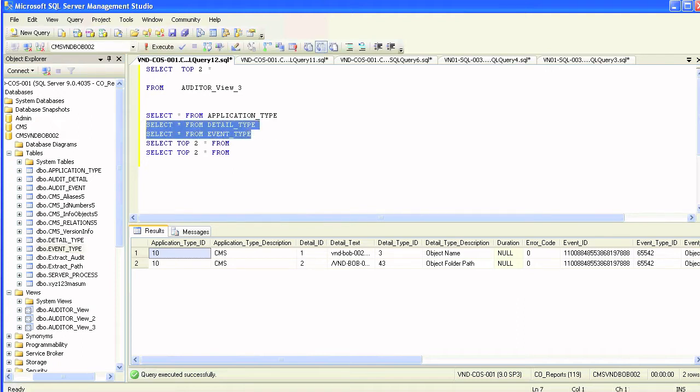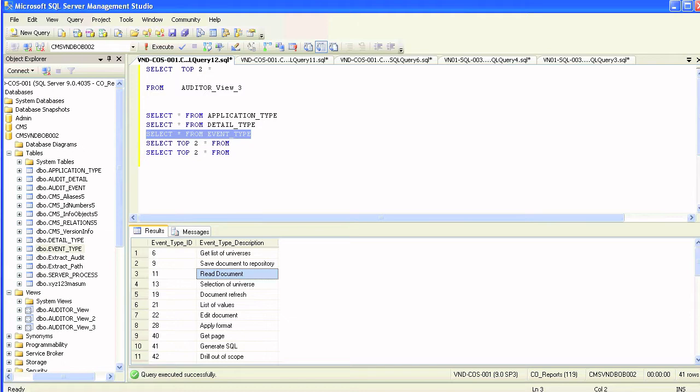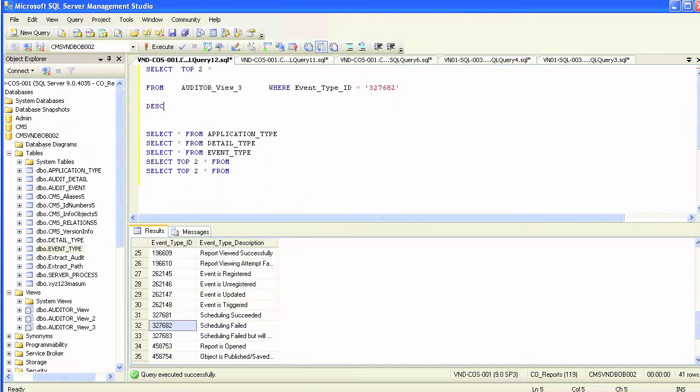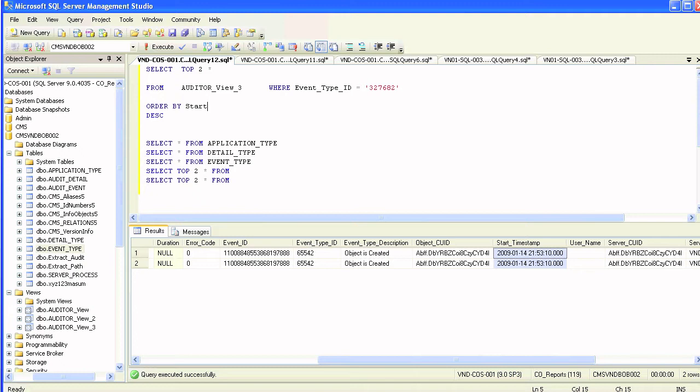It has all the different types of events, like list of values, read documents, scheduling stuff, password changes. We'll take the ID for schedule failed to find out the 10 of our last failed reports. So in the query above, we'll just put where event type ID equals this ID over here, and because the fields from the view match the fields from the actual table, it's very easy to query. We'll just order by, I think it's called start timestamp. We'll just query it, and yes, it's start timestamp, descending order,